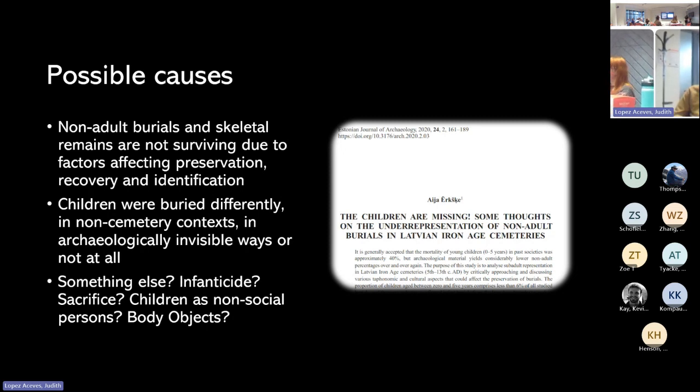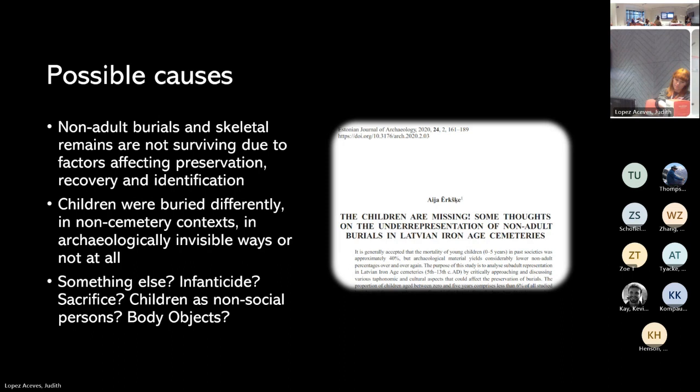Possible causes: non-adult burials and skeletal remains not surviving due to factors affecting preservation, recovery, and identification. Children could have been buried differently in non-cemetery contexts and in archaeologically invisible ways, or perhaps not even at all. Or was it something else? Is there infanticide going on? Is there sacrifice? Children as non-social persons and therefore not receiving typical mortuary treatments,